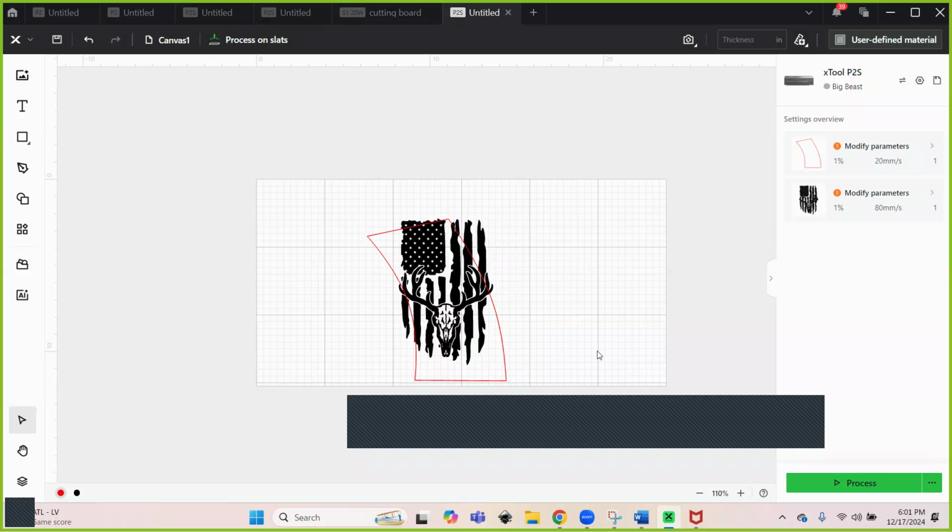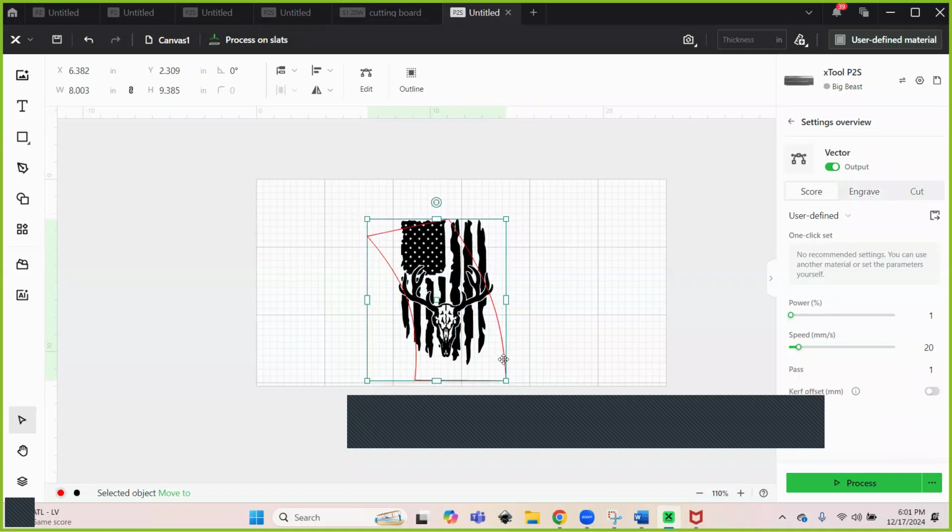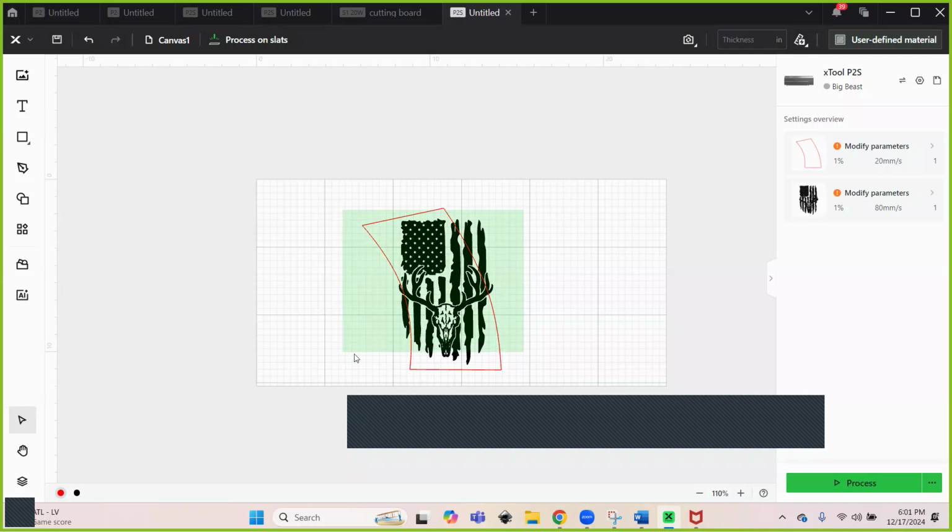All right, so you got your two images. Again, this is a vector file, and then another. I just kind of trace them out, you're looking for. So basically, just get it where you want it set. Select them both. This one's actually probably going to be